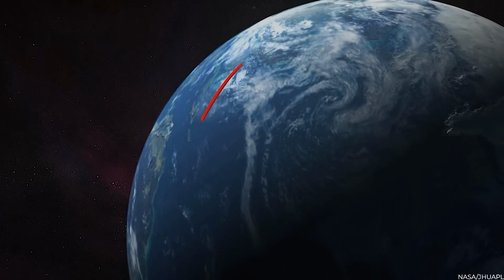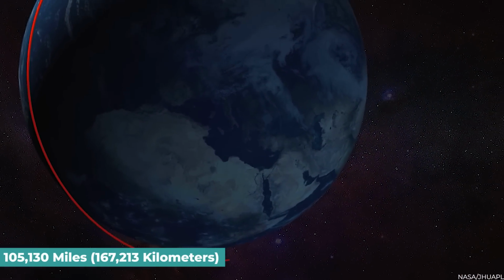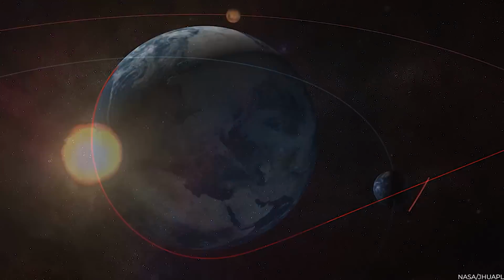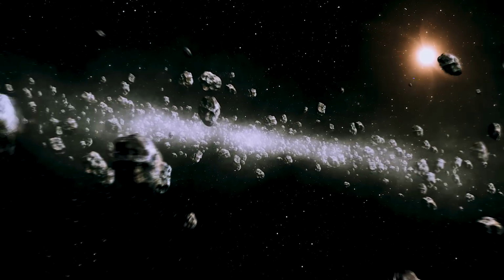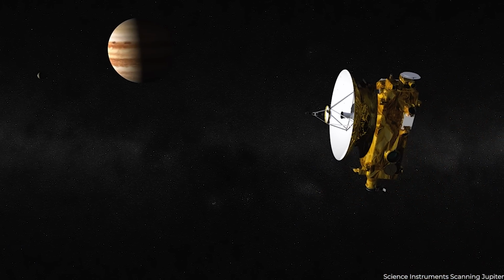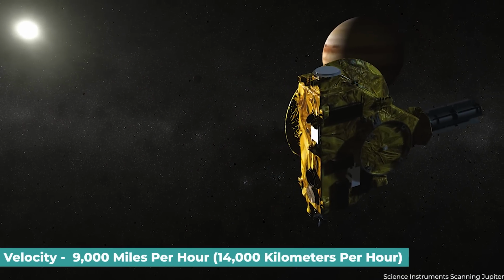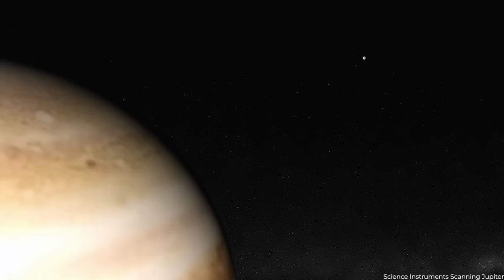After reaching an initial Earth orbit of around 105,130 miles, 167,213 kilometers, the Centaur upper stage fired for 9 minutes to boost the payload to an elliptical orbit that stretched all the way to the asteroid belt. In 2007, the spacecraft sailed past Jupiter, the solar system's giant planet, during a gravity assist maneuver. The contact boosted the spacecraft's velocity by about 9,000 miles per hour, 14,000 kilometers per hour,